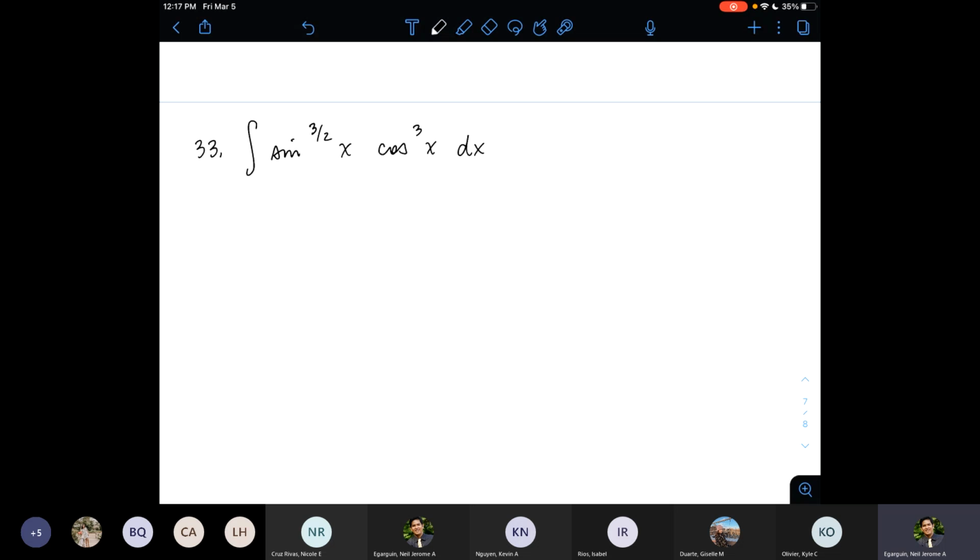So for problem 33, you have sine to the 3/2 x cosine cubed x dx. Of course, the power of sine here is neither odd nor even because it's a fraction. But luckily, we have an odd power for cosine. So we can still stick to the first bullet we had in the beginning of the worksheet and isolate one of those cosines and reserve that to be our du. So what will happen is this. I can split it up as this